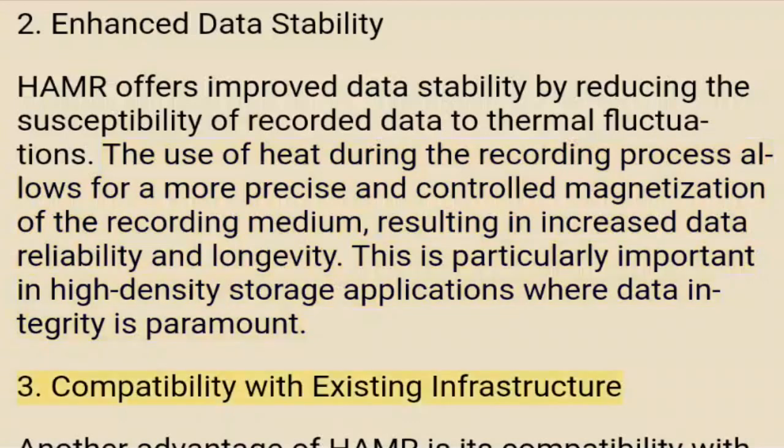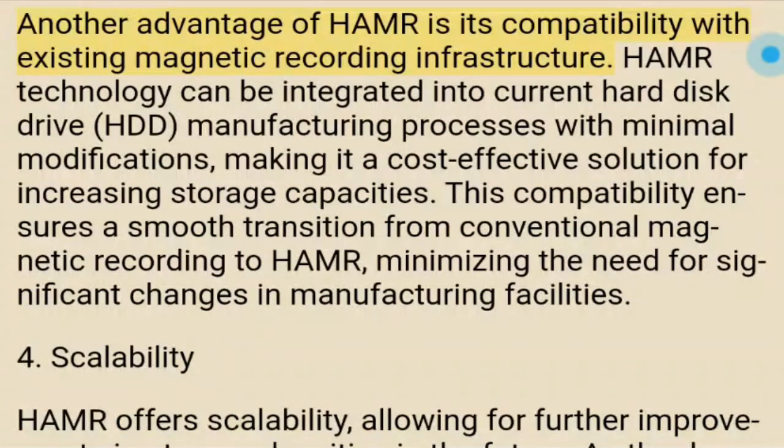3. Compatibility with existing infrastructure. Another advantage of HAMR is its compatibility with existing magnetic recording infrastructure. HAMR technology can be integrated into current hard disk drive (HDD) manufacturing processes with minimal modifications, making it a cost-effective solution for increasing storage capacities. This compatibility ensures a smooth transition from conventional magnetic recording to HAMR, minimizing the need for significant changes in manufacturing